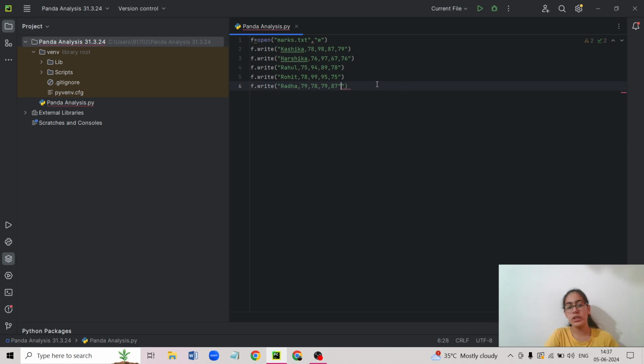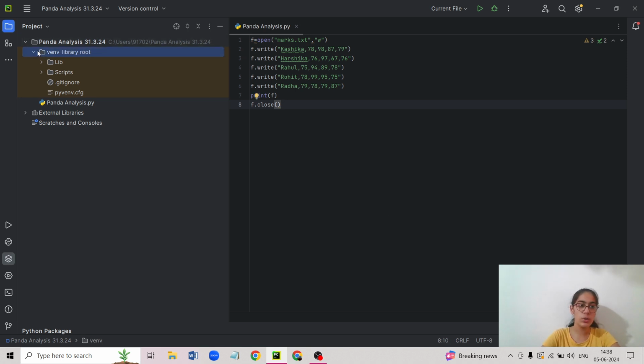Now we have put in all this, and now we are going to close the file. First we'll be printing and then we will be closing. So print f, like all our regular print programs, and then we are going to close the file. I like to remember it with this help: we have a notebook. We open the notebook, we write in the notebook, we show the notebook to our teacher, and then we close the notebook again. Similarly, we open the file, we write in the file, we print the file, show it to the user, and then close the file. Closing the file is very important. So f.close. This is how our program will look once we have run.